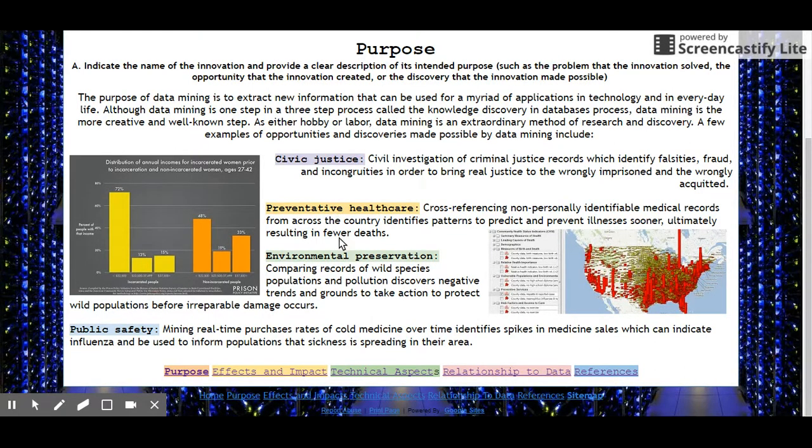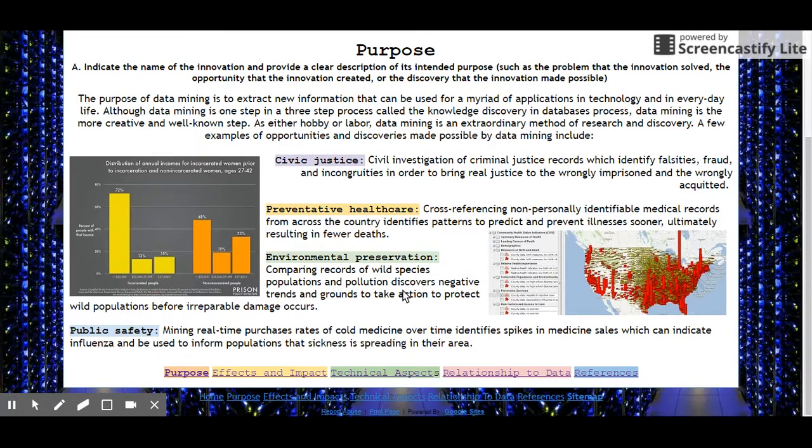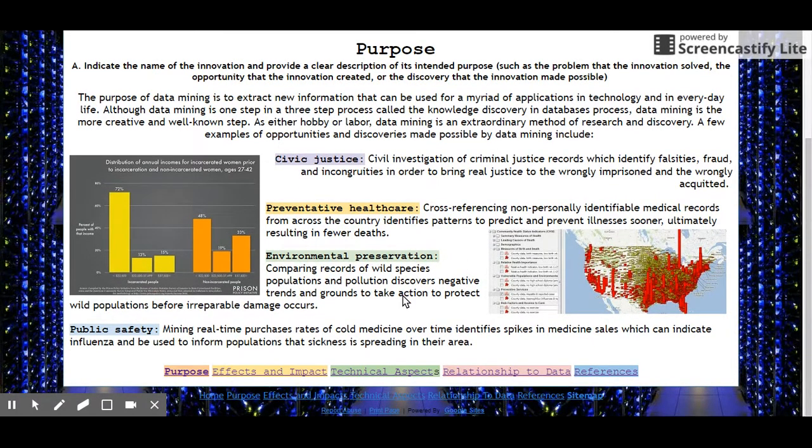Digitized health records have allowed data mining to find patterns and similarities between patients and geographic locations. This data shows a positive trend in preventative services where Hep B was reported, and this knowledge could help doctors diagnose and treat patients with Hep B. Environmentally, data mining can identify negative trends for endangered populations, which can help intervene and prevent extinctions.